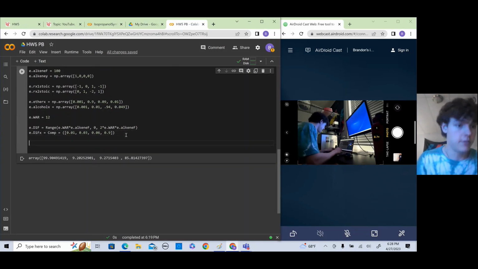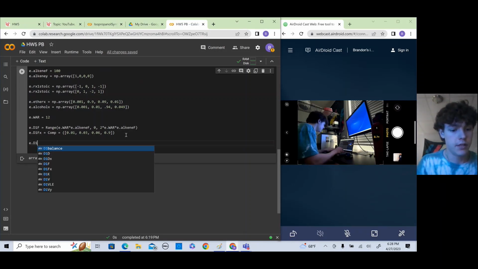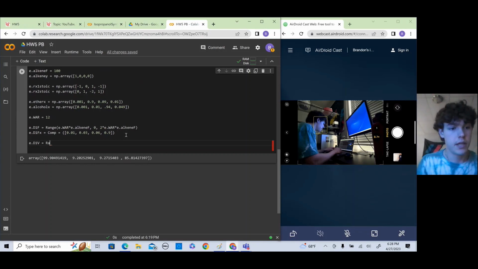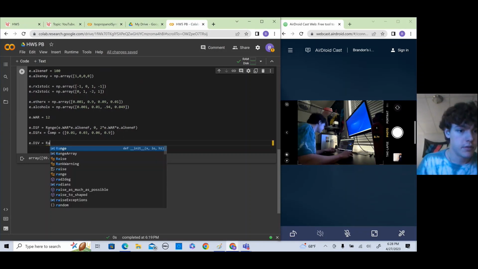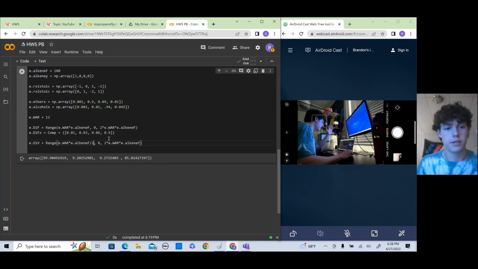Next we have our E dot D1V, which will be another range, which you can say is the same thing. However, since it's going, say divided by 2, since it's going out the top and out the bottom,